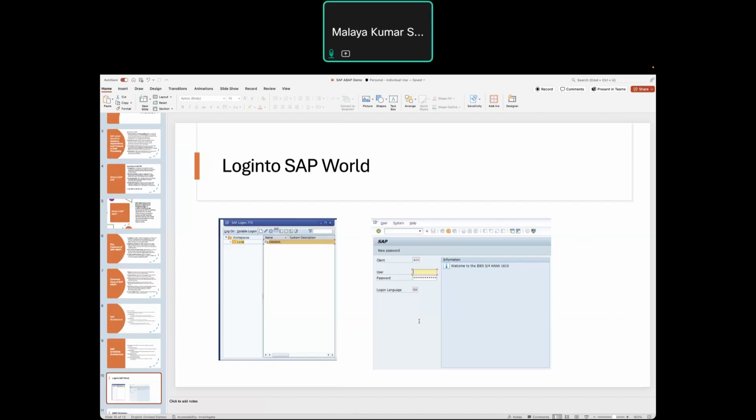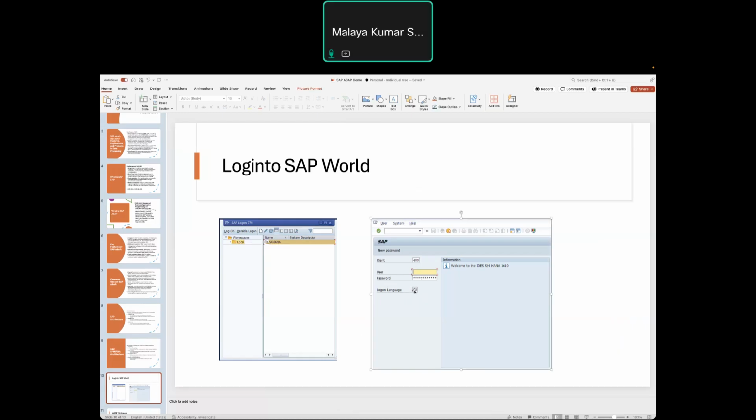So let's see how you can log in to SAP. Okay, so this is what the SAP login screen looks like. Here it will be your workspace, and in the workspace you have different kinds of systems. As we have a demo, here you see only one system, and this is your login screen where you can give your client, user and then your password.